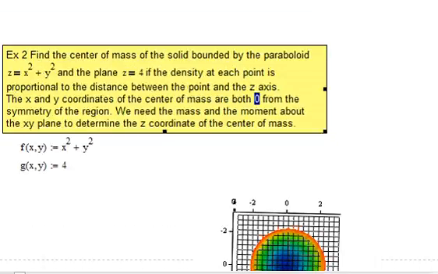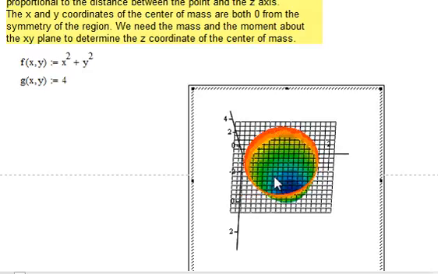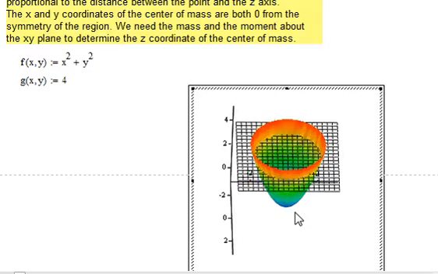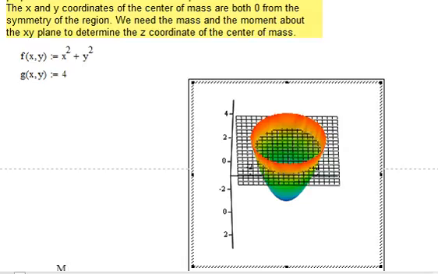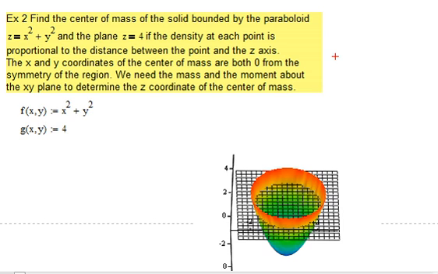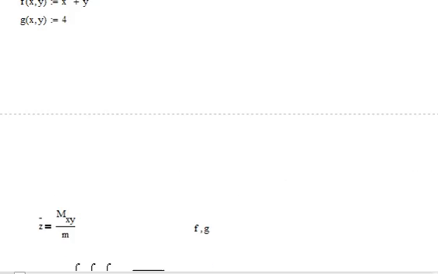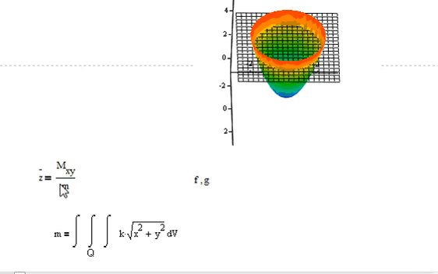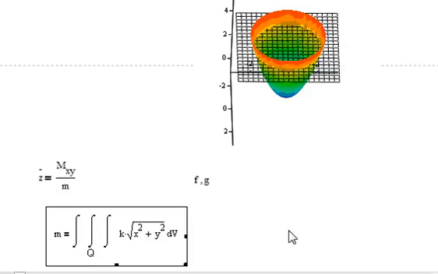Keeping in mind, I can only say that now that I've told you where the x, y, and z axes really are. Okay, so then the only task is to find the z coordinate for the center of mass. In order to find that, we need to find the mass first, and then we need the moment about the xy plane. So the mass first would be the triple integral,